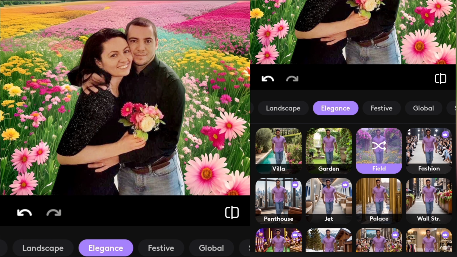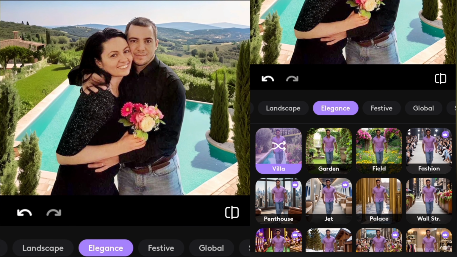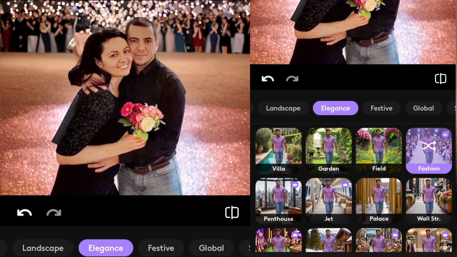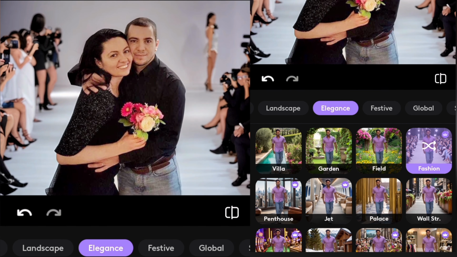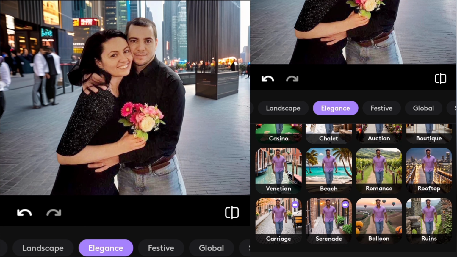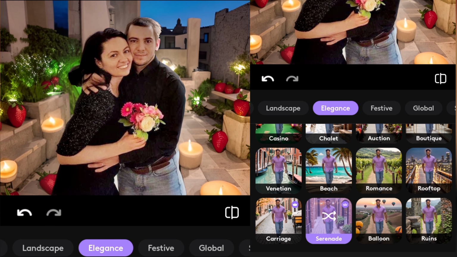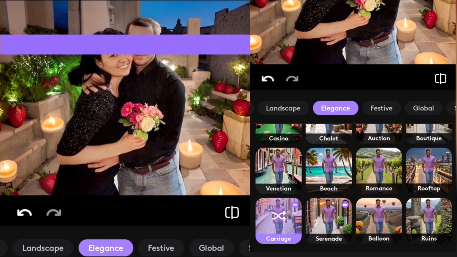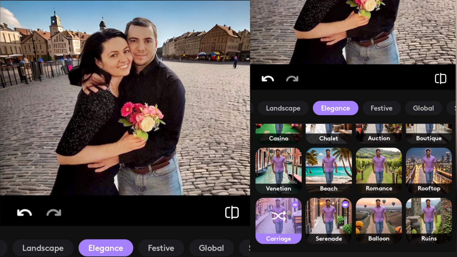Field of flowers, garden, villa, fashion, another fashion, Wall Street, serenade, carriage, rooftop, beach,